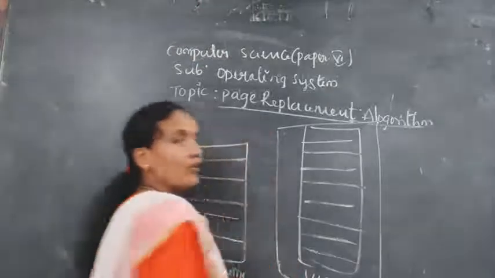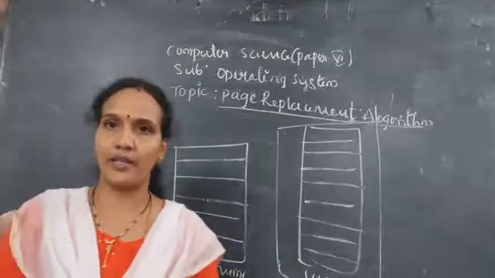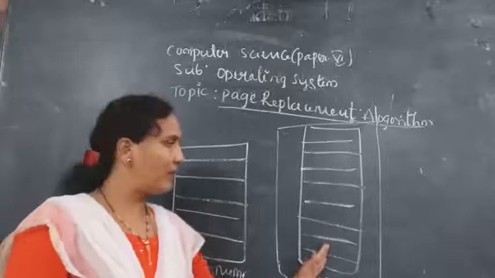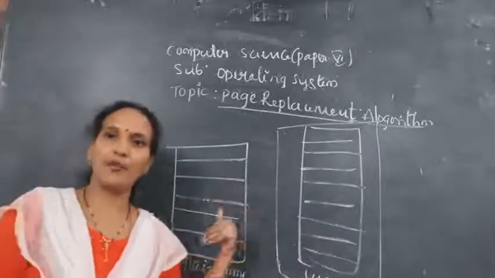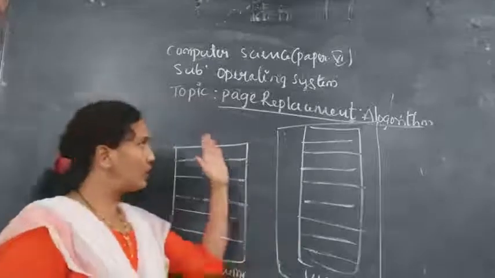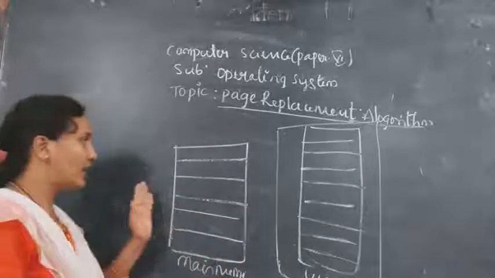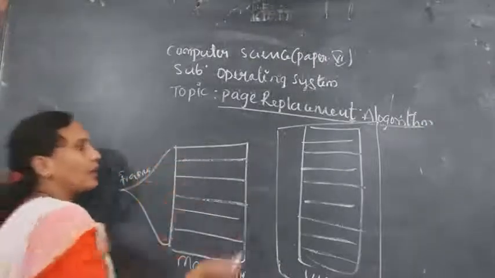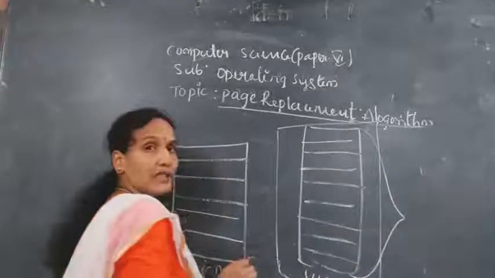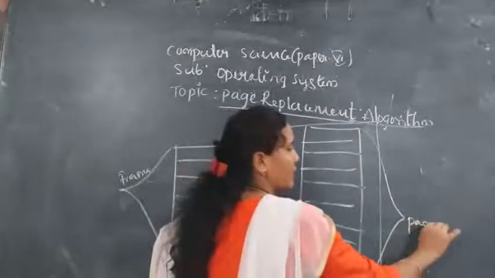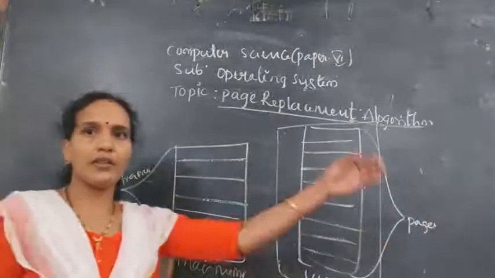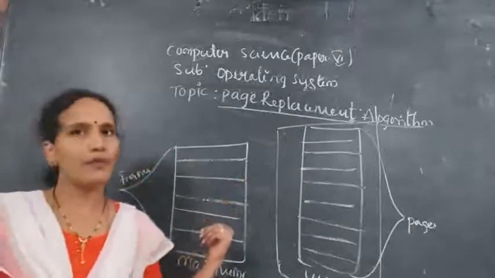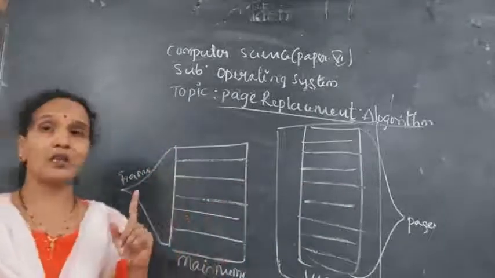As we know, whenever the user requests a program execution, whatever pages are in the secondary memory will be swapped to main memory for execution. The total main memory is divided into a number of frames. These are called frames. The total user space is divided into a number of pages. These are called pages. Whenever the user wants to execute any page, it should be loaded into main memory for execution. Understood?